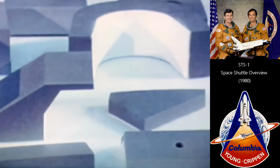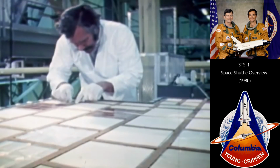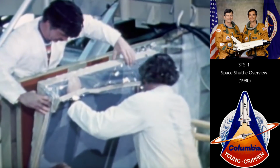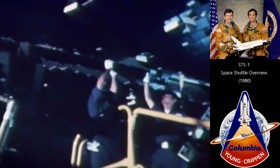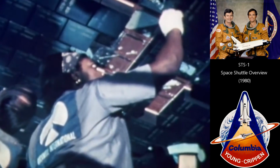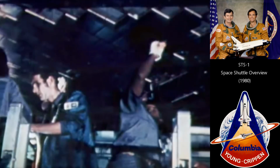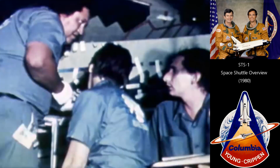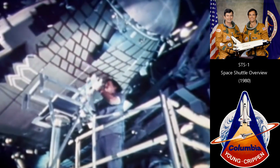30,922 individual tiles are shaped to fit the contours of the orbiter. To alleviate stresses between the tiles and the aluminum skin, a flexible Nomex pad is mounted between the skin and the tiles. Where a stiff area of pad is joined to a lower strength area of tile, the tile tends to crack and loosen when stress is applied. Under tests, some failures have occurred at 50% of the tile's rated strength. To correct this, the bonding surfaces of the new tiles are strengthened with a substance that penetrates the tile about 1/10 of an inch and provides a thin layer of high strength for bonding to the Nomex felt pad,